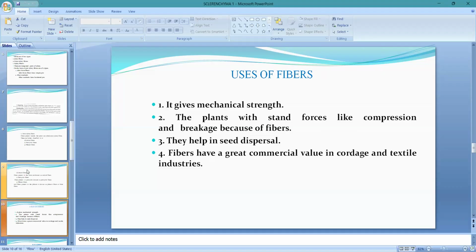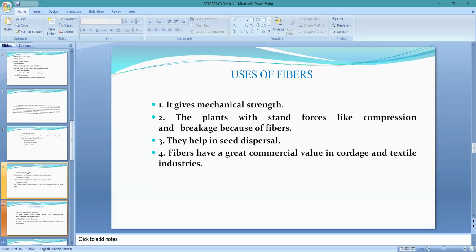Among the dicotyledons, the phloem fibers form the bast fibers of commerce. Which ones are very important? Those are called bast fibers. These phloem fibers are called bast fibers, as they are soft and flexible. They are also called soft fibers. The cell walls contain little amount of lignin. The most typical example of these fibers is hemp. This is very important: Cannabis sativa.